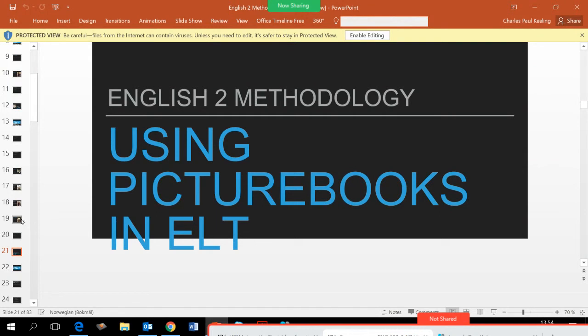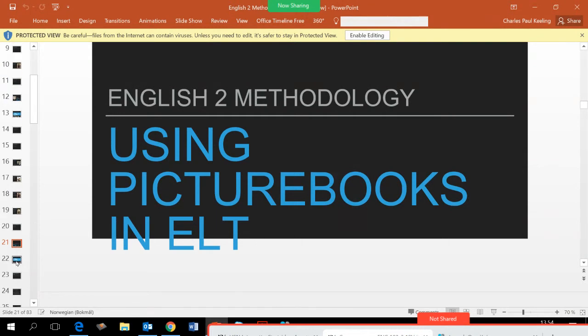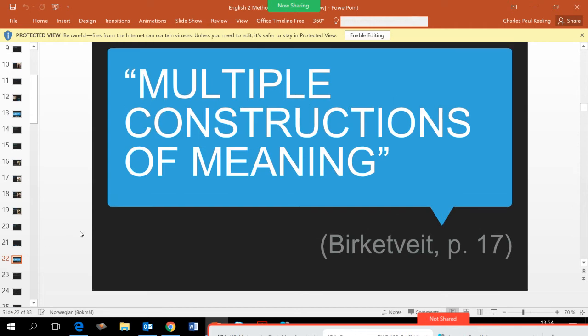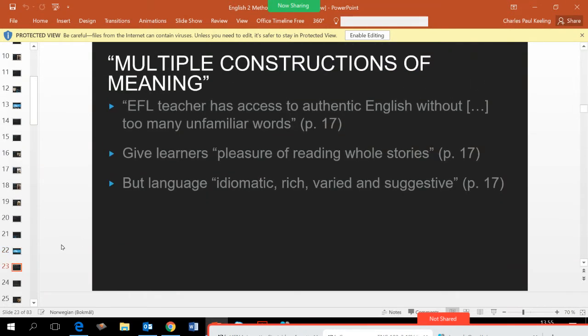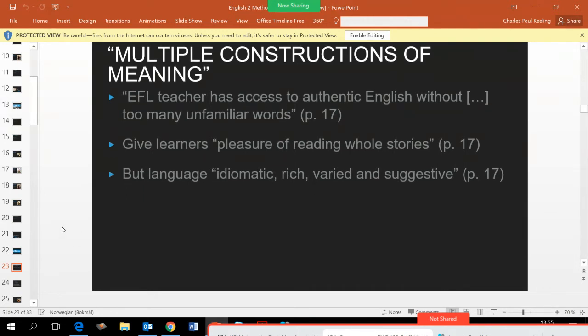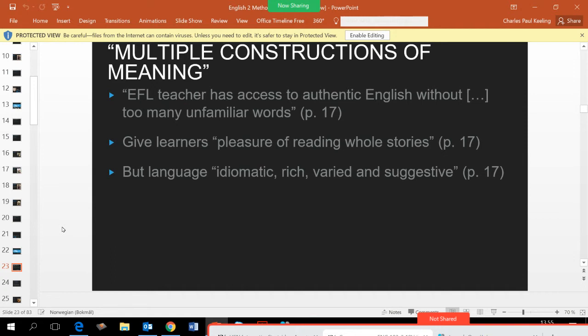Then we also looked at the art of using picture books as methodology. I discussed Bertwaite's multiple constructions of meaning. They are multimodal, and so they give different layers. And we looked at some of the pluses and the minuses with picture books. Often, I don't think it says it there as well, but it falls in line with ideas that support use